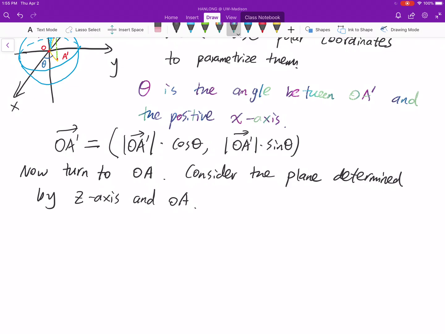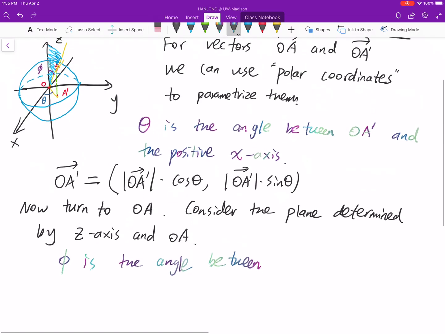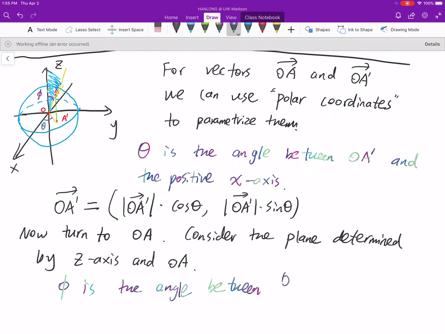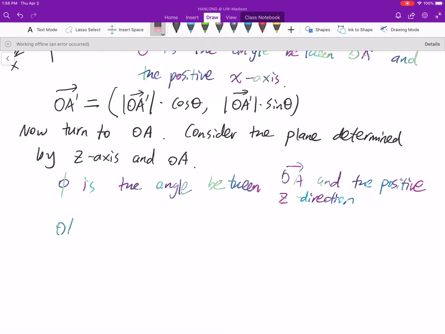So phi is the angle between OA and the positive z direction. Then the vector OA is given by the length of OA times